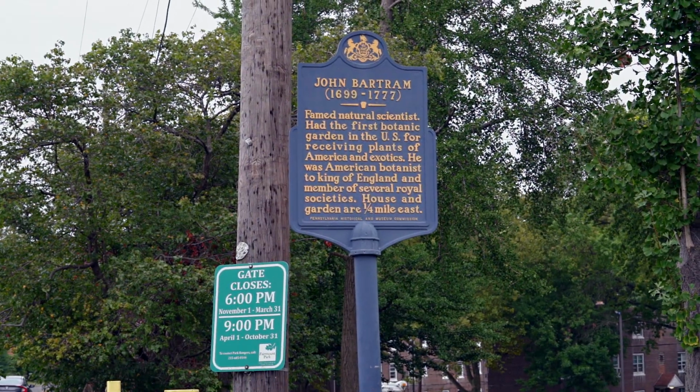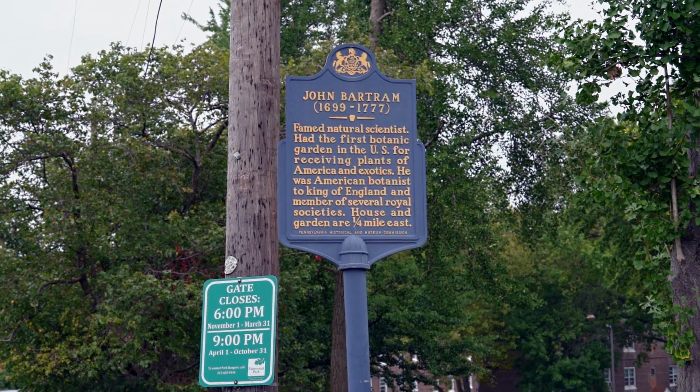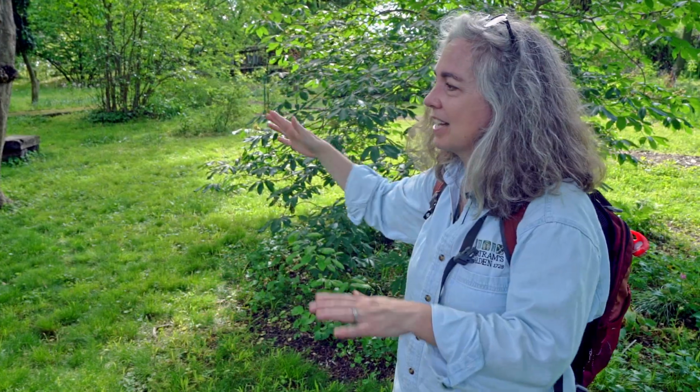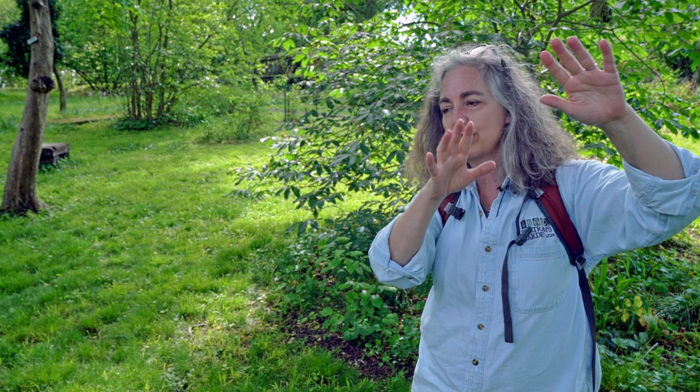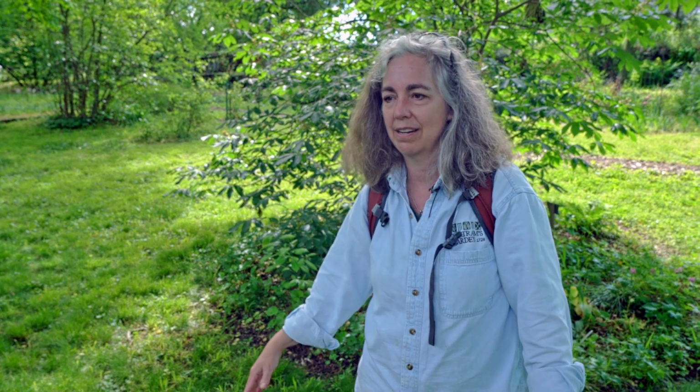He was a plant capitalist actually, but he would collect all these specimens, and then because of all the microclimates and all the different soil, it was like a museum of plants. And so you would have more traditional gardens which were designed in a certain way, but for him it was more specimens and matching specimens to the land. And because of the nature of this land and its slope and the soil types and these microclimates, he could grow. And because where we are in Pennsylvania is sort of the northernmost area for southern plants and the southernmost area for northern plants, there was this incredible diversity of bringing